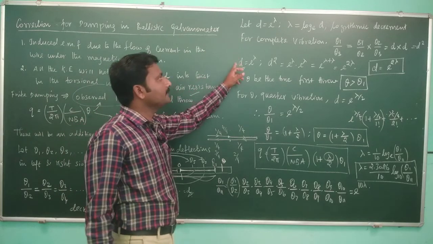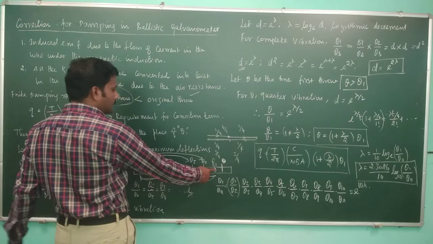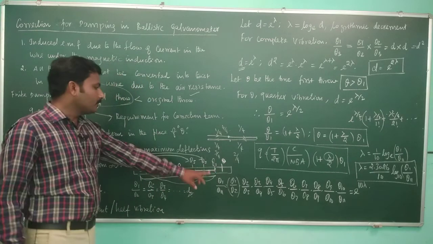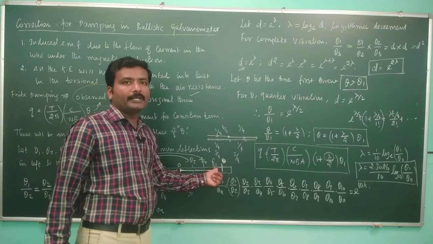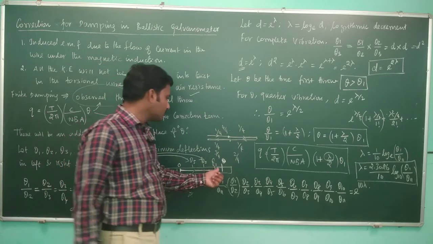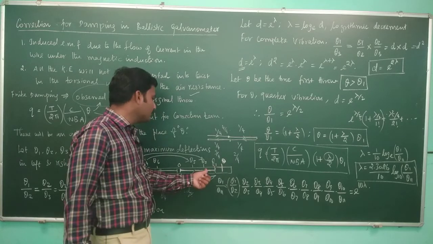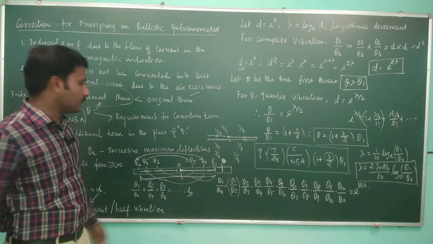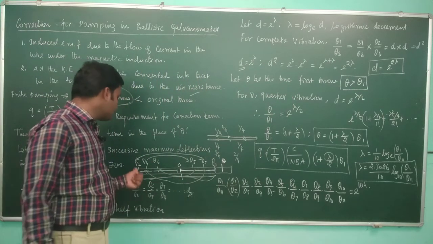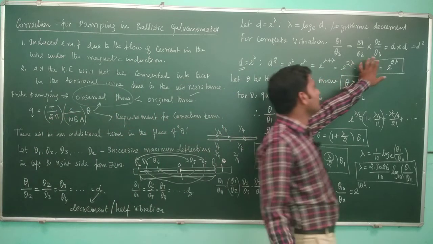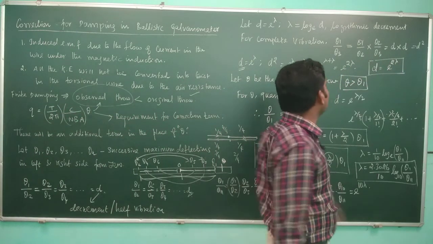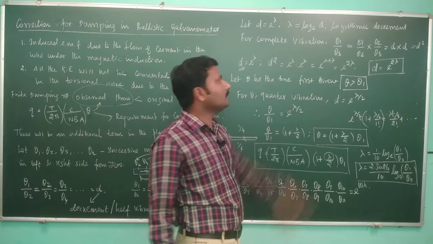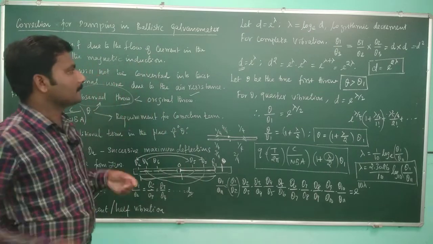If we write that for a complete vibration, we have to take θ1 by θ3, that is from here to here half vibration, from here to here full vibration. But after a full vibration we will not again obtain the starting point. There is always a decrement, always a damping, so we start from θ1 and end up with only θ3. So we have to write θ1 by θ3. That is nothing but the product of the two half vibrations. The first half vibration is θ1 by θ2. The second half vibration is θ2 by θ3. For each half vibration you put d. d into d is d square. For d you can put e power lambda. d square is e power lambda multiplied by e power lambda, which is equal to e power 2 lambda. This is for a full vibration.